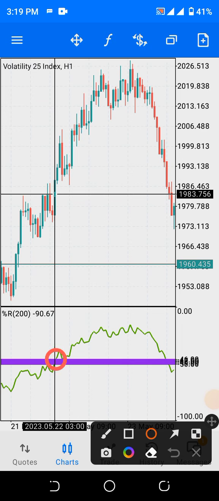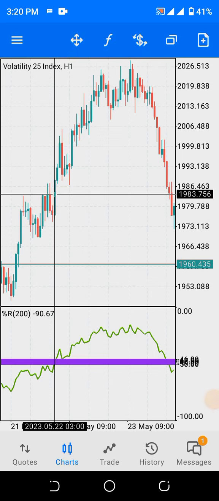This is the candlestick where the crossing occurs. That is where you make your buy entry, and your stop loss should be at the previous higher low. This is where you place your stop loss and record massive profit. All right, now let's